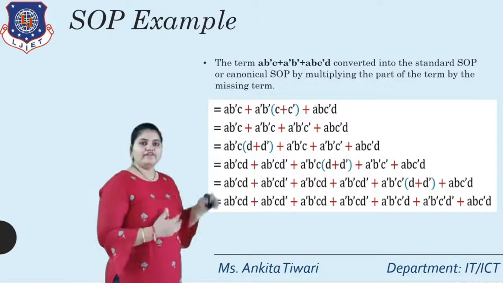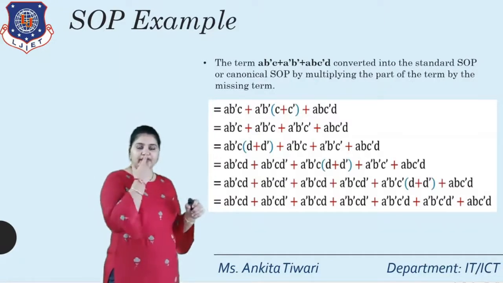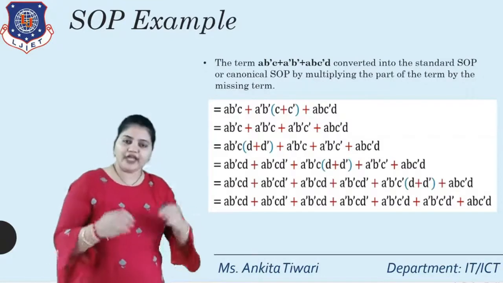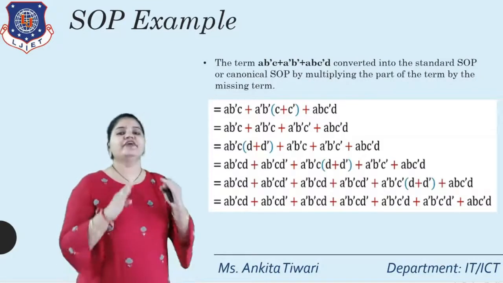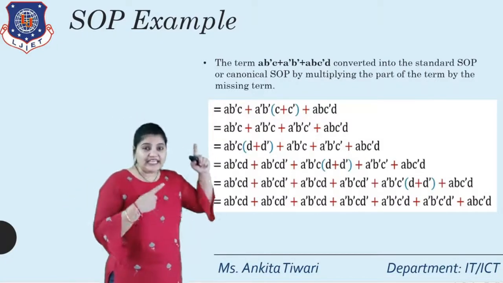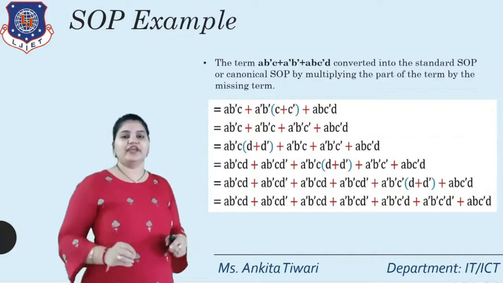Now whenever we are taking an example and we are taking the form, all the terms should include each and every variable. But here, as you can see, 3 terms are there, but each term has a missing variable in it.